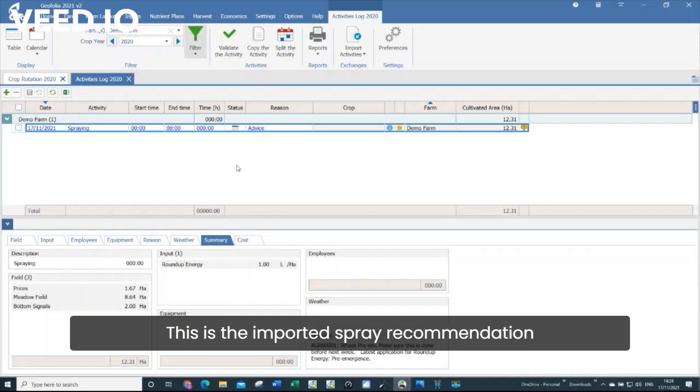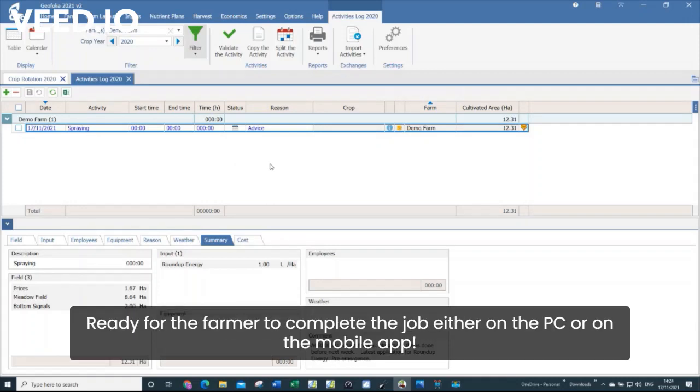So this has now imported the spray recommendation from Pear Agri's web program into Geofolia, and the farmer can now go and complete this job either on his mobile app or through the